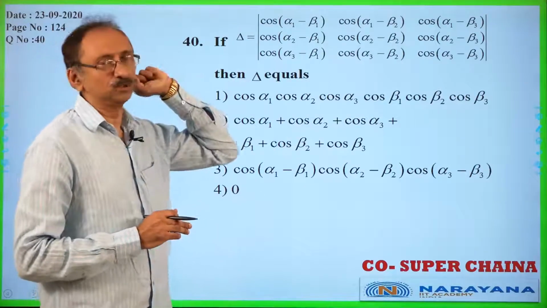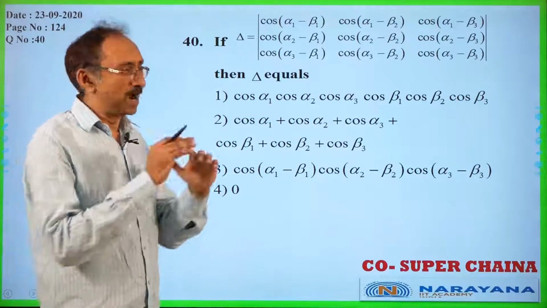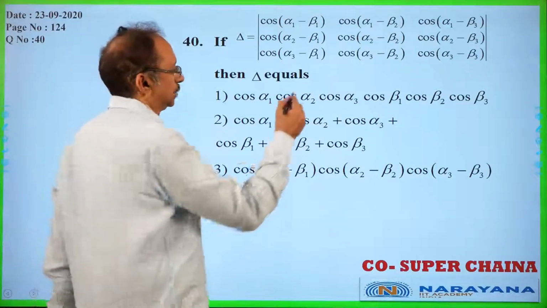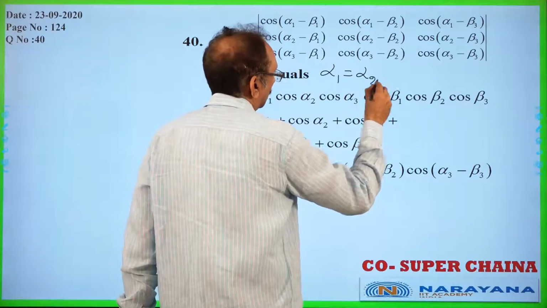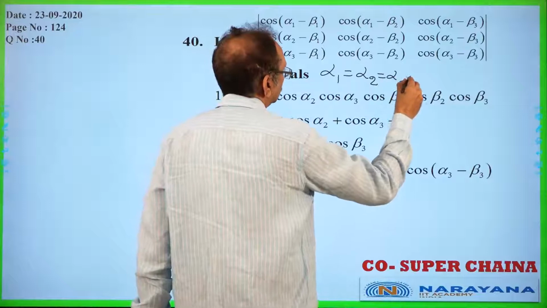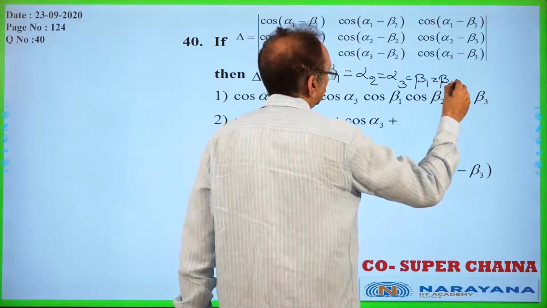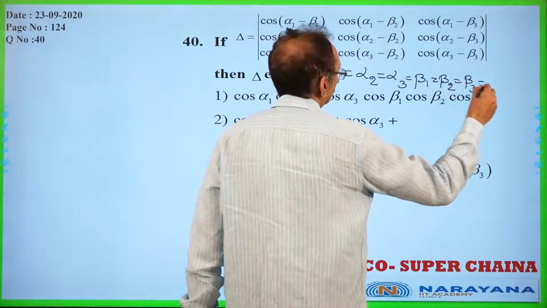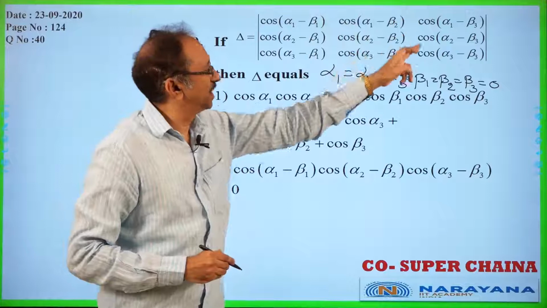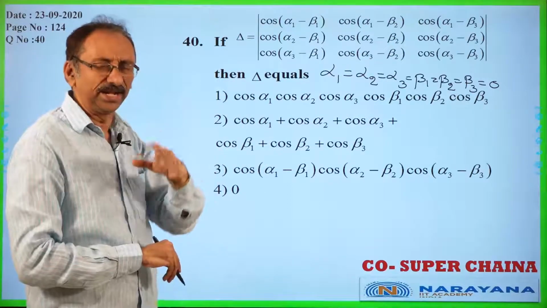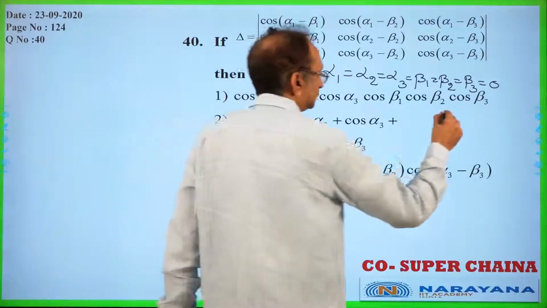Suppose I substitute the values of for alpha 1, alpha 2, alpha 3 and beta 1, beta 2, beta 3. So what value I am going to give here? So I will give all values zeros. Alpha 1 is equal to, alpha 2 is equal to, alpha 3 is equal to, beta 1 is equal to, beta 2 is equal to, beta 3 is equal to 0. And see what is happening? Cos 0 is 1, 1, 1, 1, 1, all are ones. If two rows are identical, then the determinant is 0, and therefore that value is 0. Therefore delta is equal to 0.